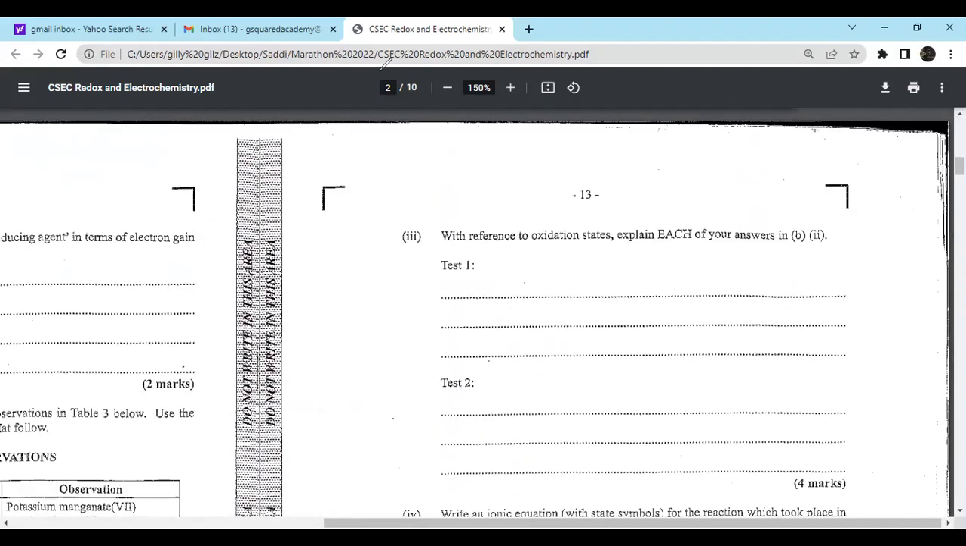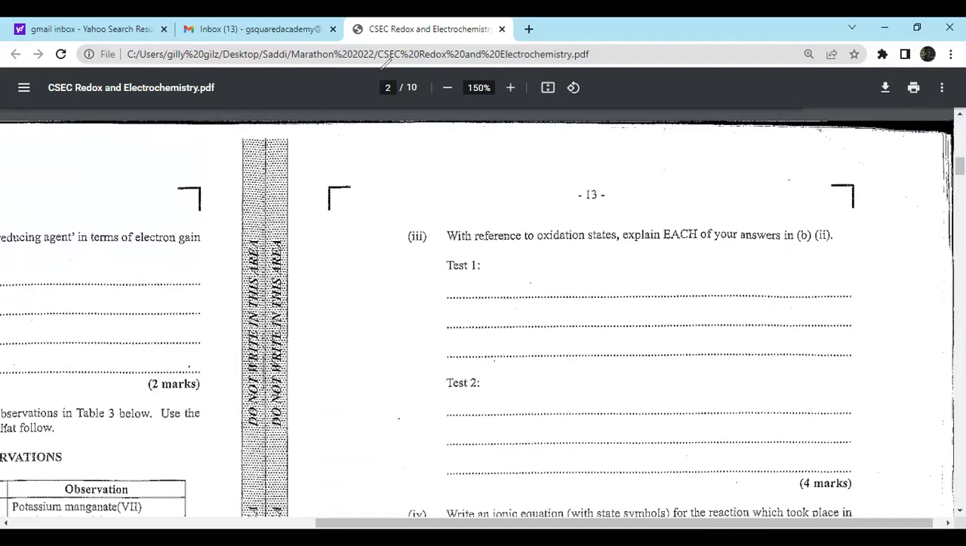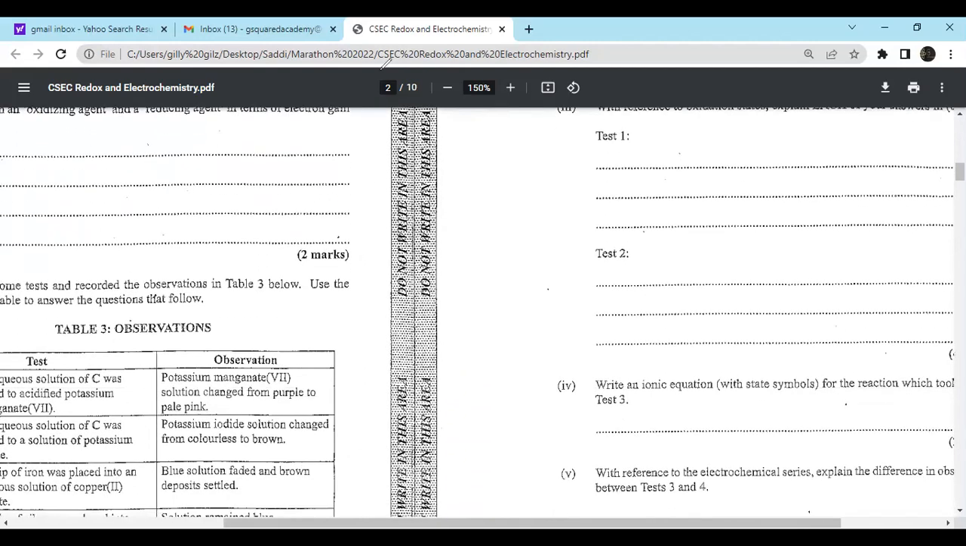Okay, so with reference to oxidation state, explain each of your answers. This now is where they're asking you to show the change in oxidation states. So in observation 1, the potassium permanganate changed from purple to pink. You would need to remember that potassium permanganate is purple, and when it is purple, its oxidation number is +7. When it changes color to Mn+2, this is colorless or pink, whichever one. And that's what they're asking you for. So that's what you need to write,